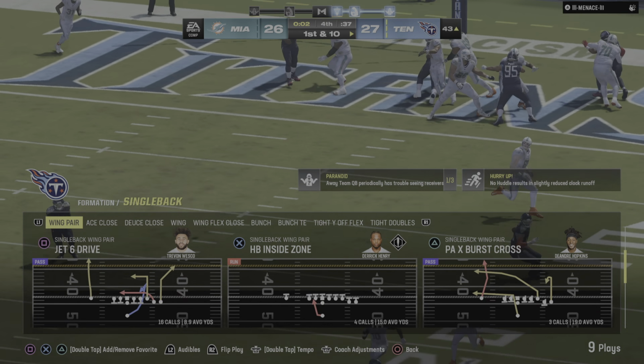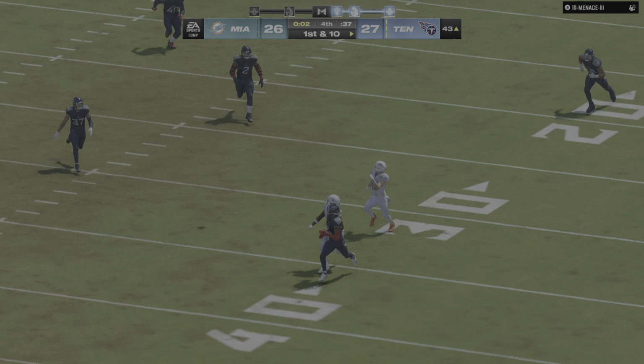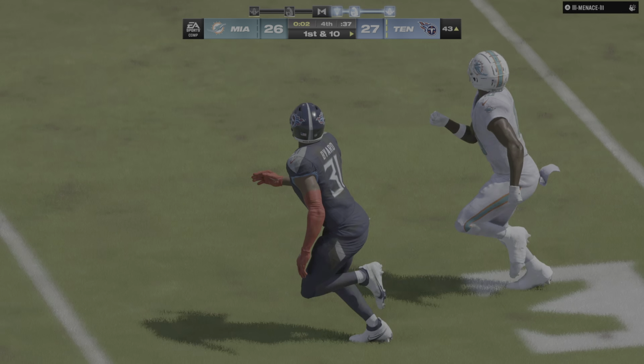Well, you knew you had to take some chances here with the clock winding down, needing a touchdown to win it. And that one...